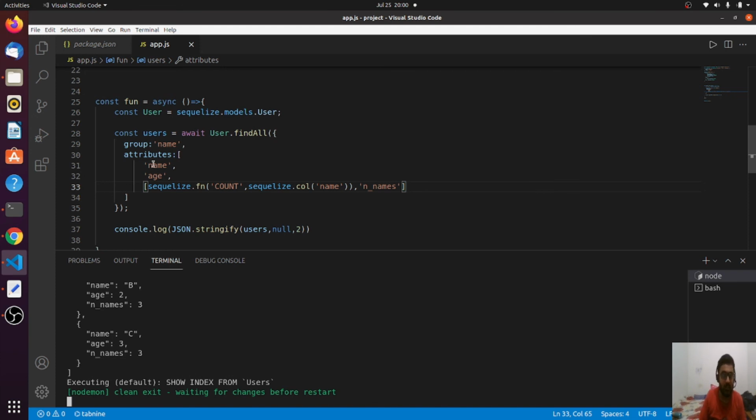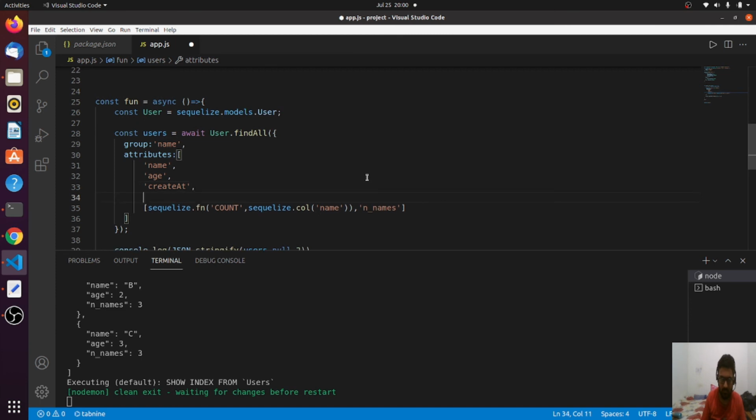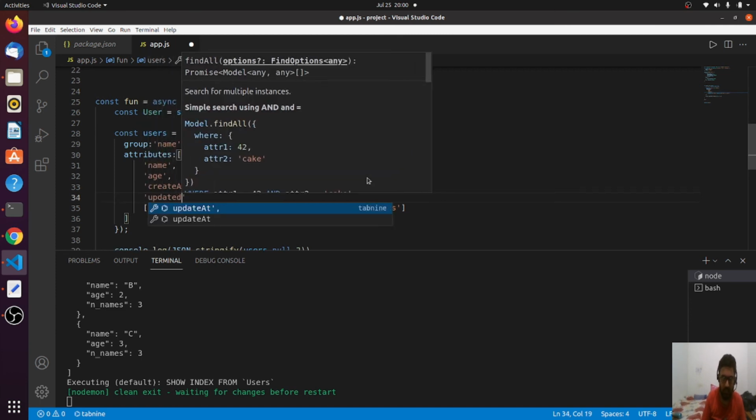So right now in our table we only had a few parameters. Okay, let me include createdAt and updatedAt also.